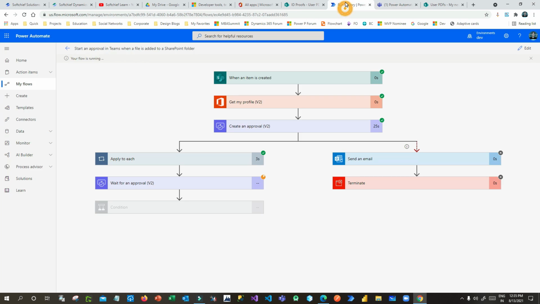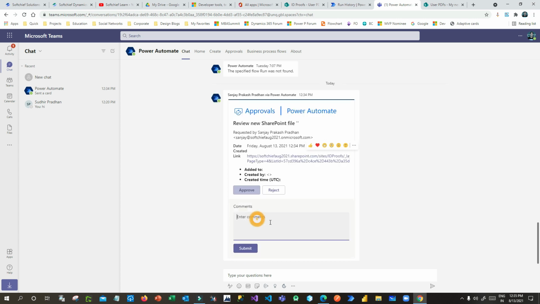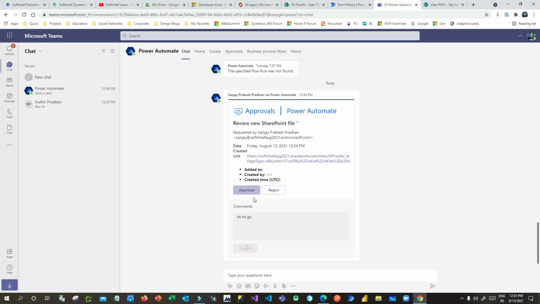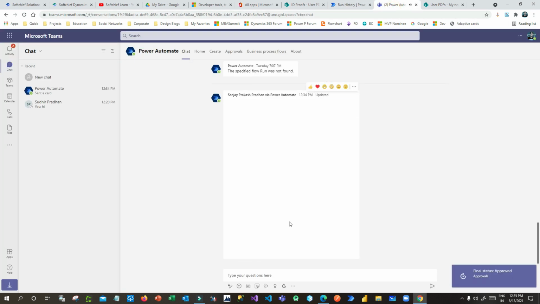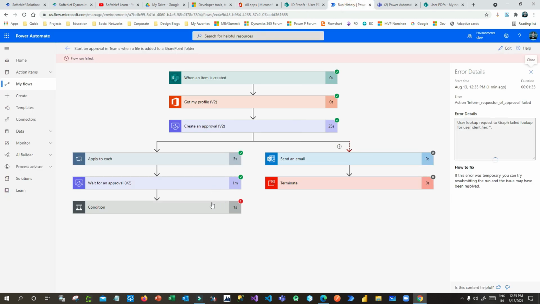Now if you go to the Microsoft Flow, you can see this is still waiting. Wait for an approval. This step will not execute until someone takes action on this approve or reject button. Now click on approve, give a comment here, okay to go. Click on submit. Now once I submit, the wait for approval step will run, because the approval is received here. Now see, the item is available here.